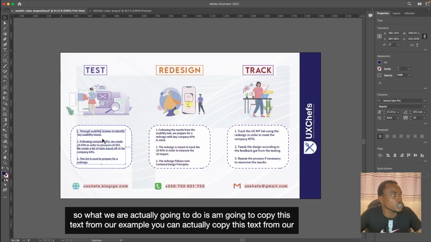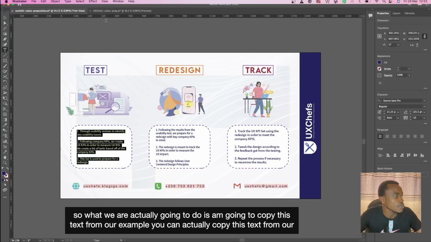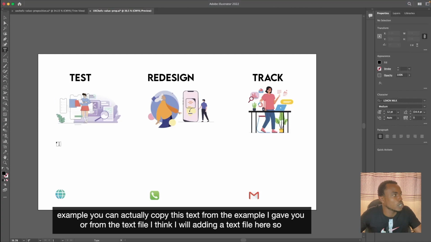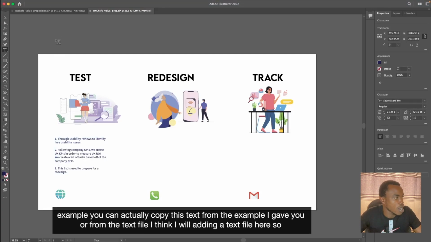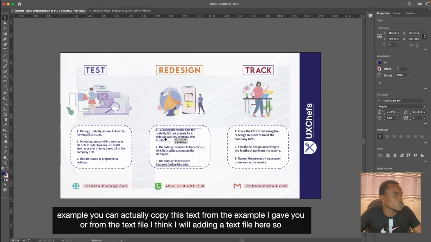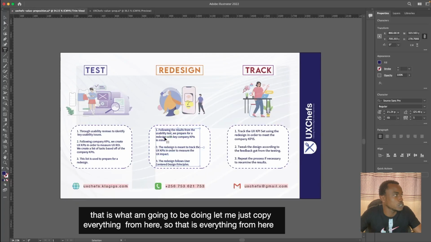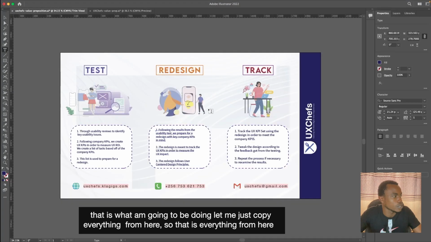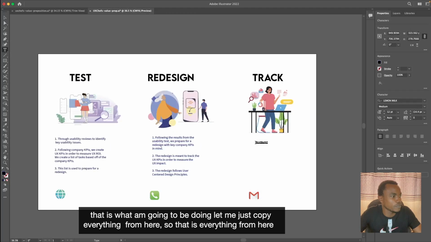So what we're going to do is copy this text from our example. You can copy this text from the example I gave you, or from the text file. I think I'll be adding a text file here. So that is what I'm going to be doing. Let me copy everything from here. So that's everything from here,